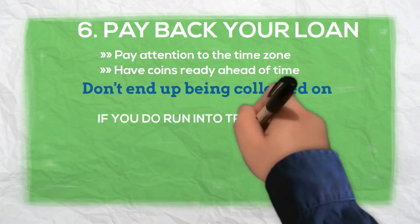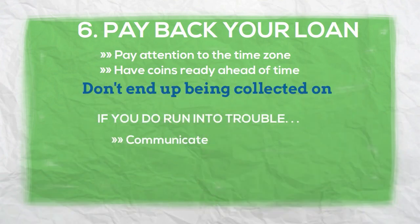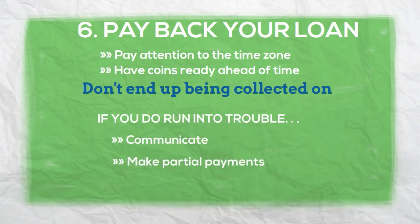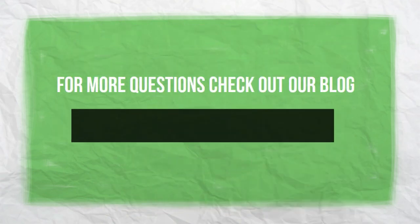If you do find yourself in trouble, make sure you communicate with your investors and make as big a partial payment as you can. If you have more questions, visit BTC Pop's